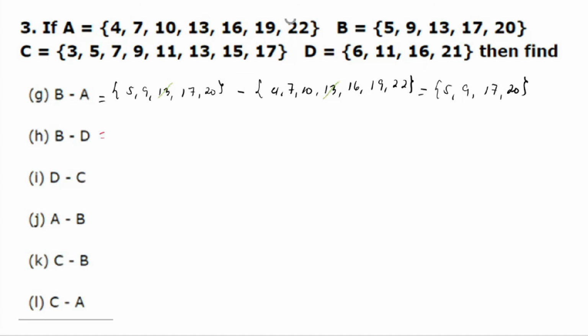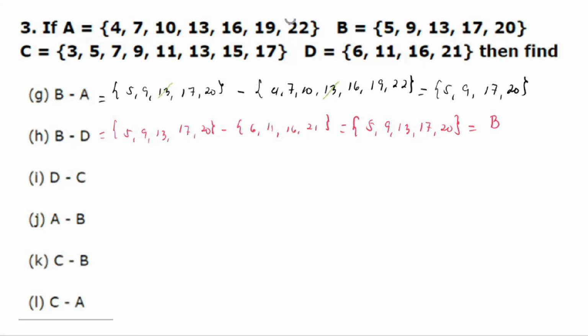For B difference D, we have B again, 5, 9, 13, 17, 20. Difference D, we have 6, 11, 16, 21. So 5 cannot be canceled. 9 also cannot be canceled. 13, we cannot cancel 13. There's no common, 17 and 20. So there's no common between the two sets. Therefore, the answer should be the set of B, which is now 5, 9, 13, 17, 20, or simply write